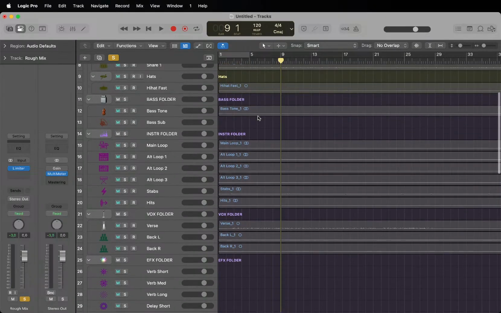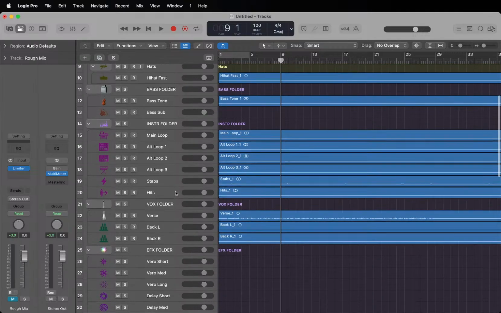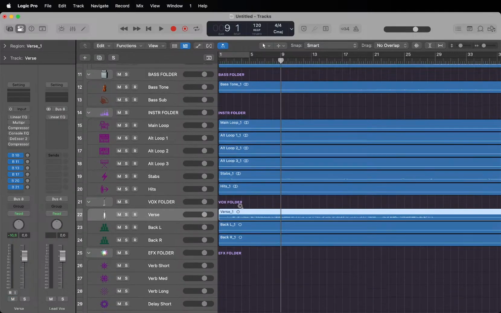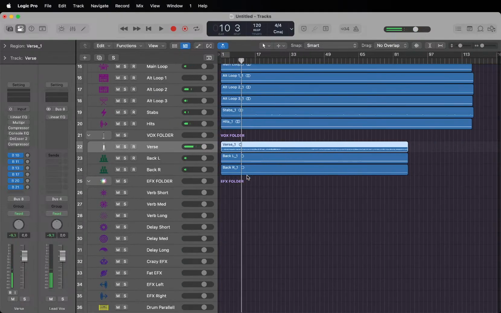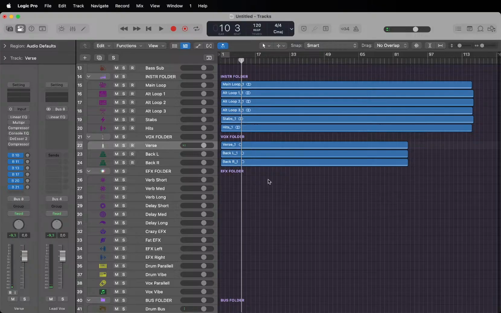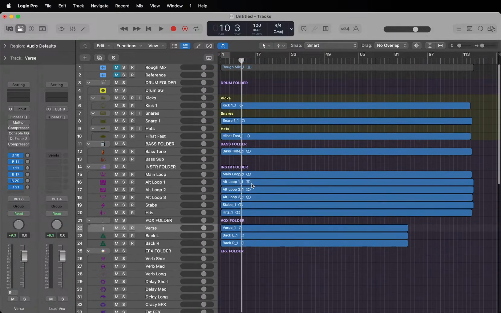Now the next thing we just want to do is make sure that the verse is at around minus 10 dB of gain. Let's see. Yes, so it's correct. So now we have the gain staging on lock,